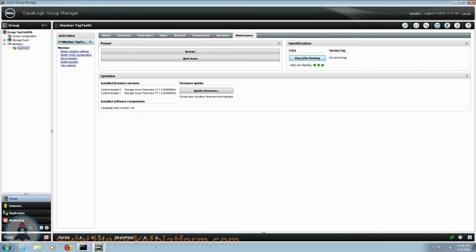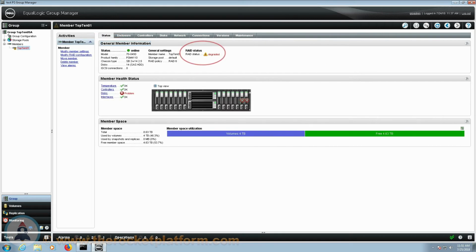Prior to replacing the physical failed drives, you must first ensure that there is no RAID rebuild currently running. Go under the Status tab, and toward the top right-hand side of this tab, you are going to see a RAID status. You must make sure that this status reads as either OK or degraded. If you see rebuilding as the status of the array, you will need to wait until the status is changed